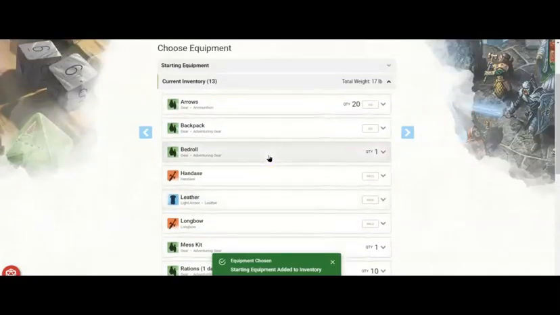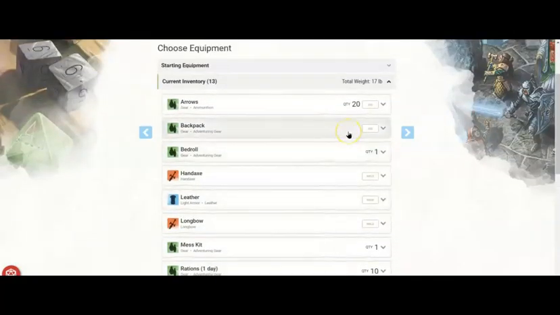Now, it's very important to understand that if I do not equip something, I can't use it when it comes time to have battle. So I have to decide if I'm going to have my hand axe and my Yaquala out, or if I'm going to have my bow and my arrows available to me. Now, arrows are something that I can shoot at range, so sometimes it makes more sense to have your ranged weapon ready before you have your close combat weapon ready. So I generally equip my arrows,